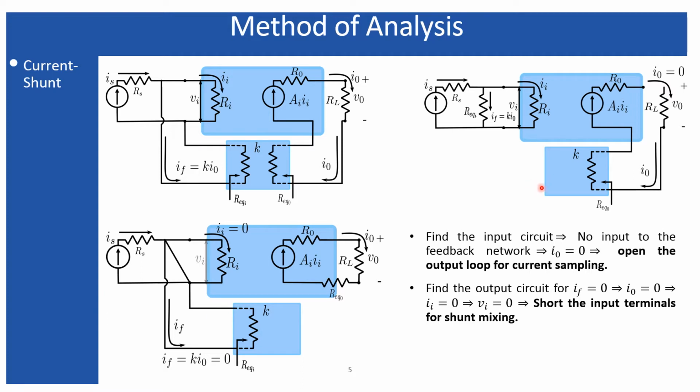And you will find that for shunt mixing, the actual place for the equivalent impedance of the feedback network is parallel with the current source, parallel with the input impedance. But the input impedance of the feedback network, when you are looking from the input terminal of the feedback network, then by making this IF equal to 0, you can find the practical or actual place of this input impedance of the feedback network within the output circuit of the actual base amplifier is in series with the load impedance.